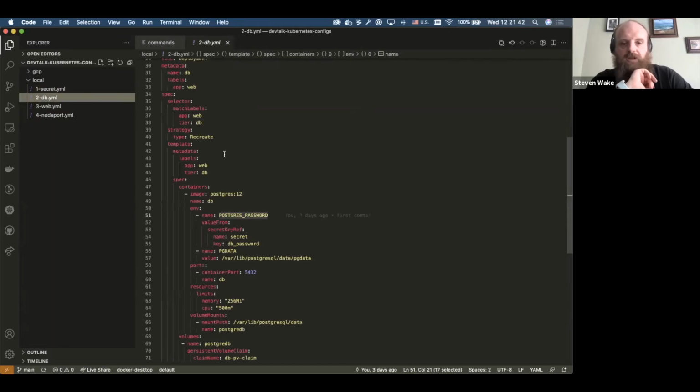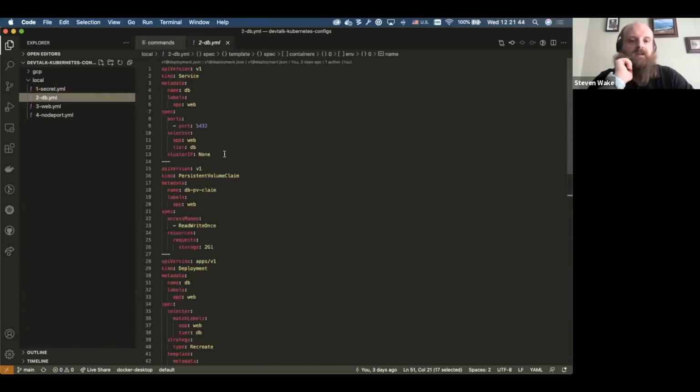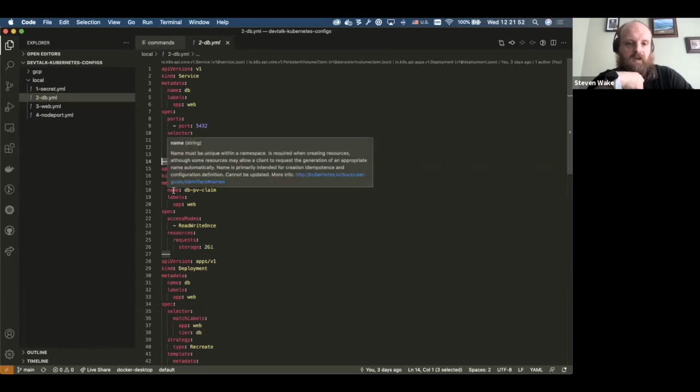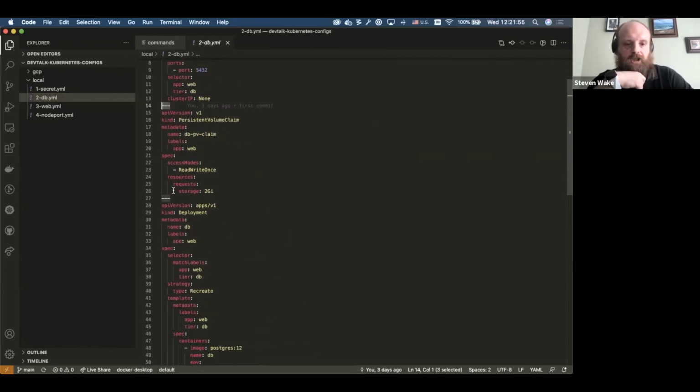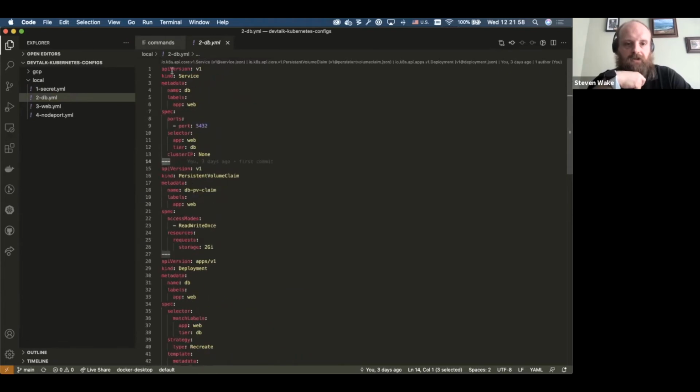Then we're going to move on to the database pod, which is somewhat bigger. The triple dash divides the Kubernetes objects. So we're going to create a service to allow public traffic to reach our Kubernetes cluster. We're going to call it DB for database, and I'll go onto labels later on.